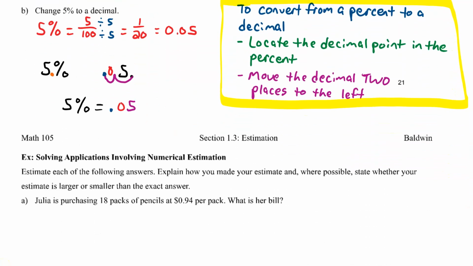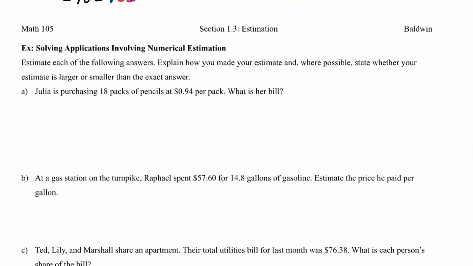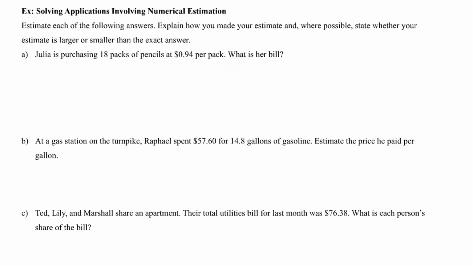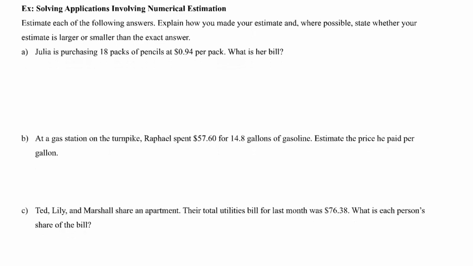So now we're going to look at a few examples using those techniques of rounding or compatible numbers. And so we're going to estimate each of the following answers. We're going to explain how we made the estimate, and if possible, state whether our estimate is larger or smaller than the exact value. Part A says Julia is purchasing 18 packs of pencils at 94 cents per pack. What is her bill? So if we're using estimation for this, we can look at taking the 20 packs that she purchased,